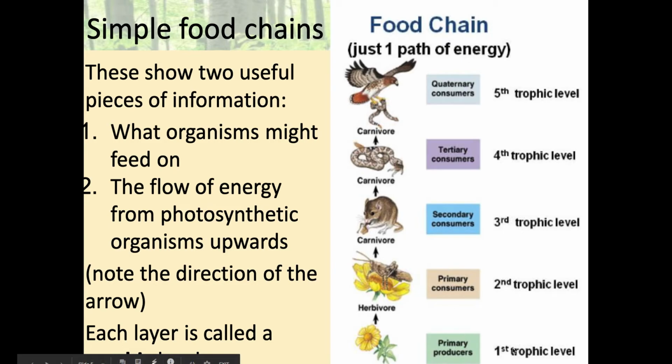But notice your trophic levels, as I was saying a moment or two ago. The first trophic level is always going to be your primary producer. Then your primary consumer will be your second trophic level. And then you might not have anything beyond that. If you think about grass, cow, man, that's it. But you can, of course, have other levels.